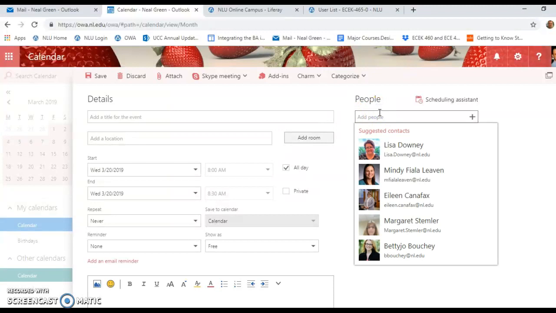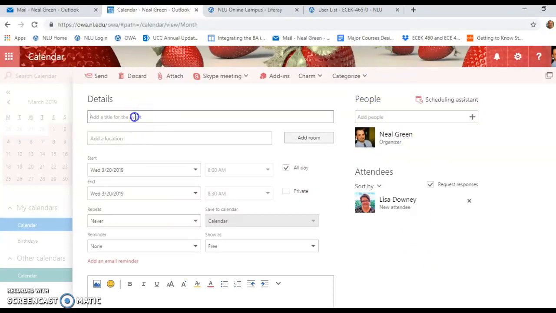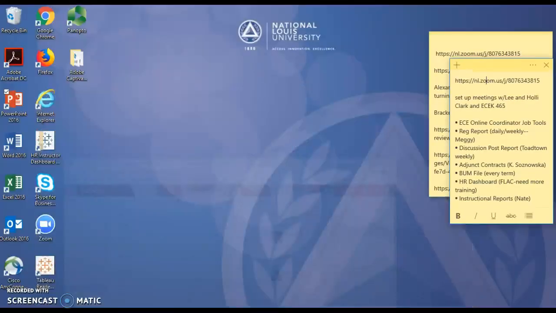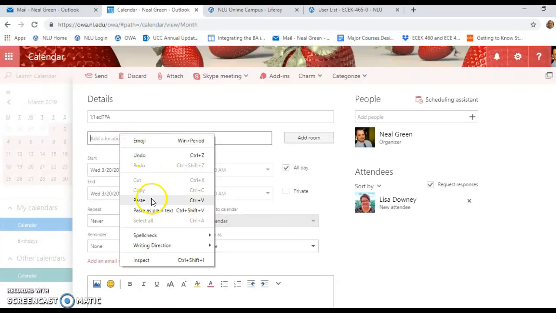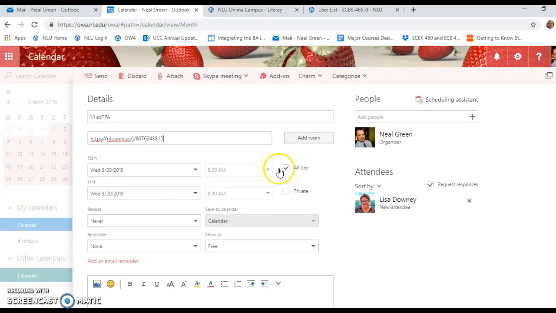So you type in the name of the person. So let's just say I wanted to meet with Lisa Downey. Give it a title, one at TPA, and then select the location. You put in the Zoom link. So for me, I have it here. It's always the same Zoom link with me and you guys. So I'm just going to copy and paste it and then show you. There we go. So add the location, paste, and then mine says scheduling assistant,